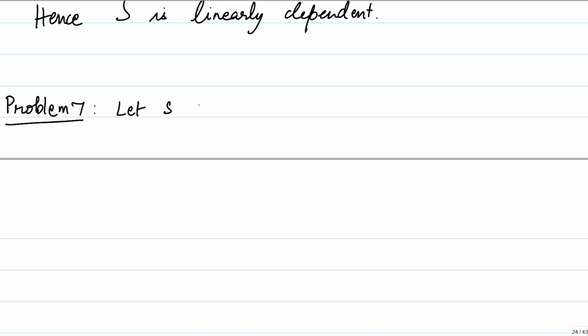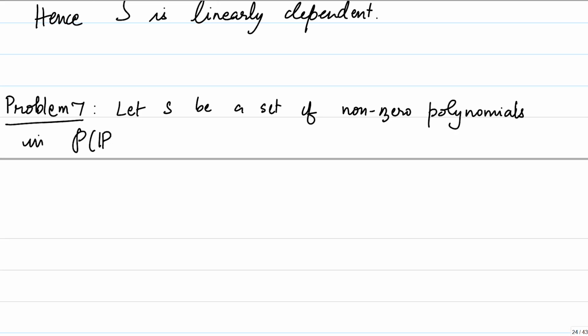So, let S be a set of non-zero polynomials in P of R. Let us do one thing, let us put it as a finite set. I do not need to impose this, you should think about why this is true when it is not imposed. The finiteness condition is not imposed. This should still be true, but nevertheless, let S be a finite set of non-zero polynomials in P of R